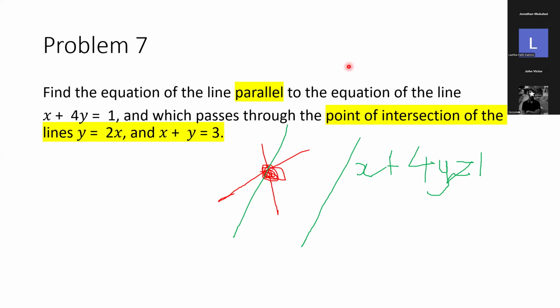Oh, okay. Yeah, so here's the thing. To get the equation of the line, we need to either have 2 points. That helps us find the gradient, then we use one of the points to find the equation of the line. But in this case, we can find the gradient of the line from the line it is parallel to. And then we need to find one of the points through which this line passes. And we know that this line passes through the point of intersection. So from there,